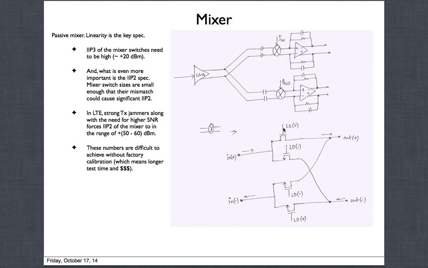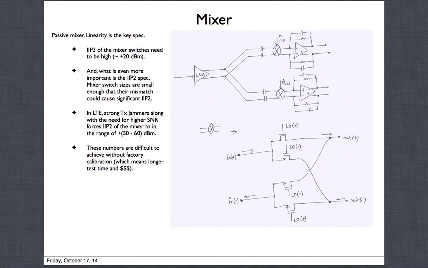This LO is going to have dynamic power because it's switching on and off. Whenever something is switching on and off, there is a dynamic power associated with it, which is also the current being drawn from the battery, and that tends to become higher. So we can't even make the switch sizes too big. There is a compromise where you have to do a few tweaks and find that this is good enough, and we are also able to get the IP3. But what is more important here is actually this bullet here.